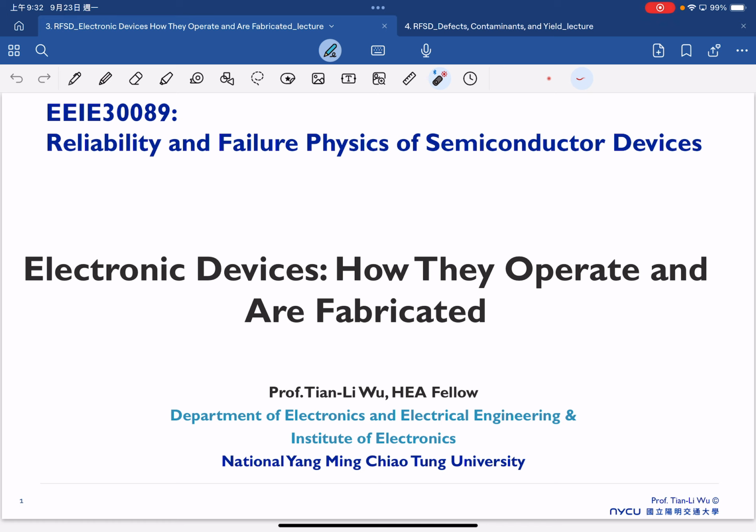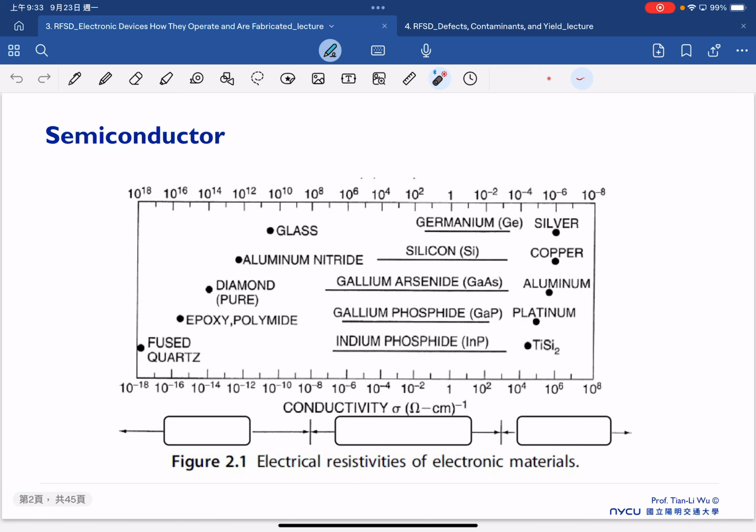But because this class is not mainly focused on the device physics and processing, we will only use probably like 1 week just to briefly overview the basics related to the semiconductor device. So first of all, just a brief overview of what the semiconductor actually is compared to the other